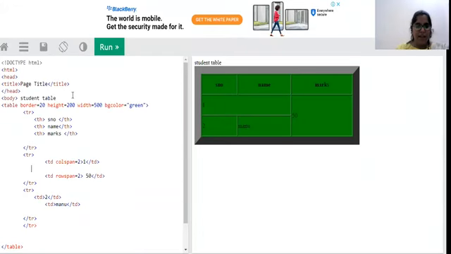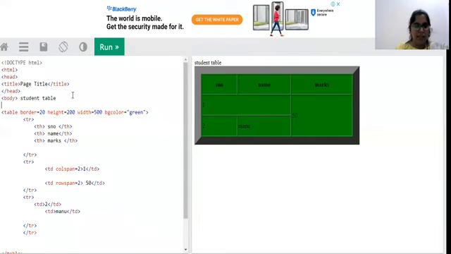So here I am taking the same one, and here I am going to mention the marquee tag, and I'm going to give height as 30 and width as some 200. Then color is red.